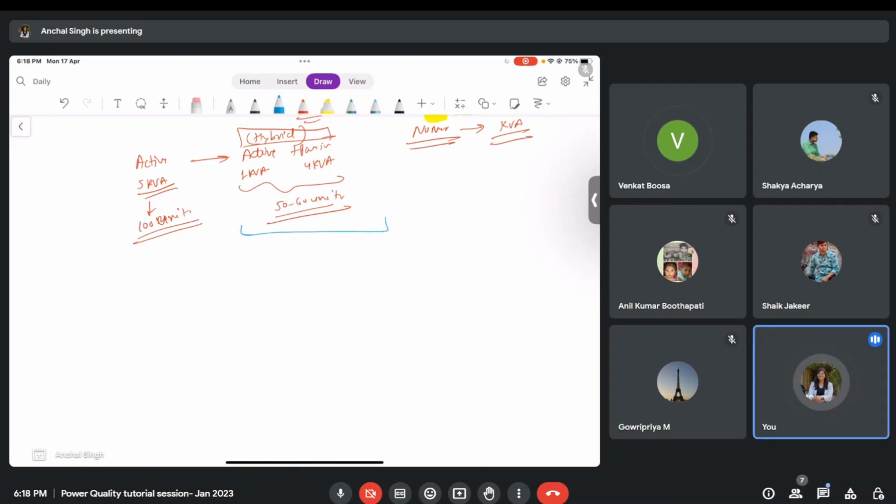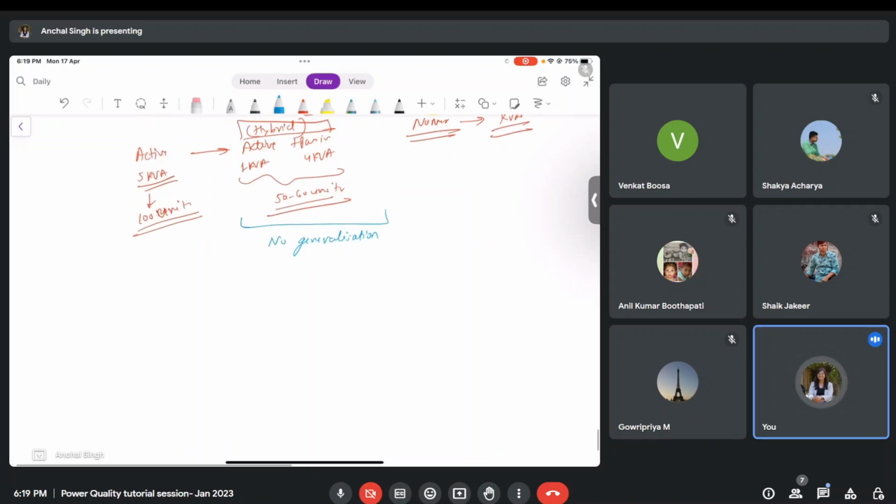No, sir. There is no generalization because the nature of load is not generalized. Every factory has a different kind of load in nature, but they have periodic loads. If you talk about a paper factory, it will have a certain load profile. Let me call it load profile 1. And if I talk about a cement factory, it will have a different load profile, let's say load profile 2. Now these 1 and 2 are not the same. They will never be the same because they have different kinds of equipment and different current ratings.